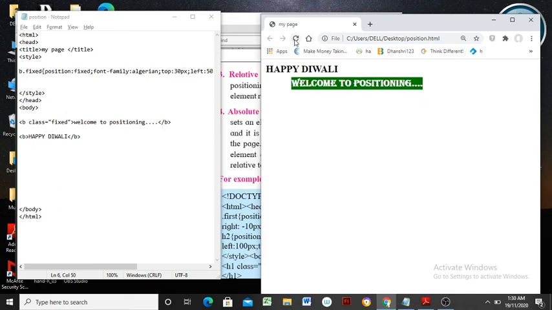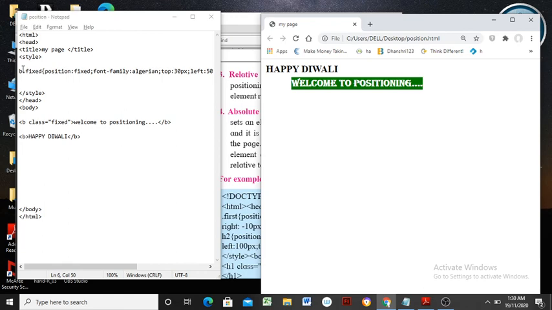See here, just next to the Happy Diwali sentence, it is displayed. So this is a space of 30 pixels at top. It can be called the top margin itself. So it is more interesting, easy and convenient to apply effects.